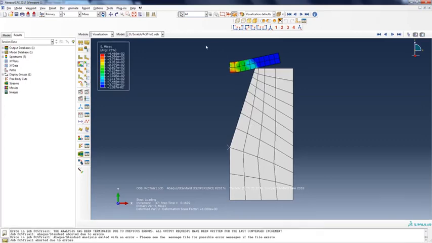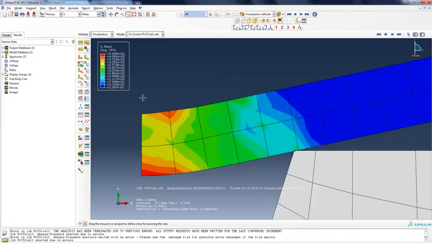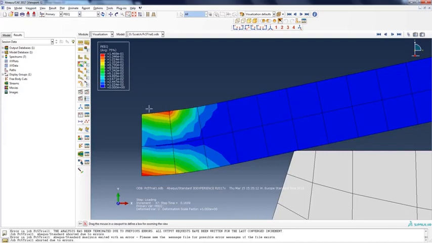Right, so it bends underneath, and let's have a zoomed view. So note that the rigid body has no stress. So we have stress concentration. When we say stress, let's check the equivalent plastic strain, which is our lambda. You can see that we have a non-zero plastic strain already, so there is already plastic deformation.